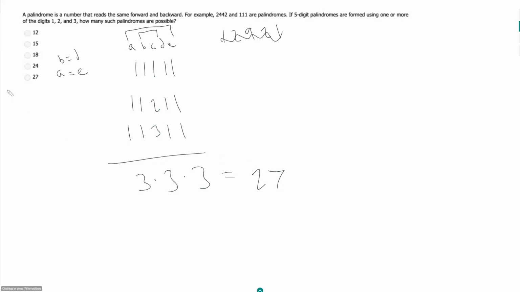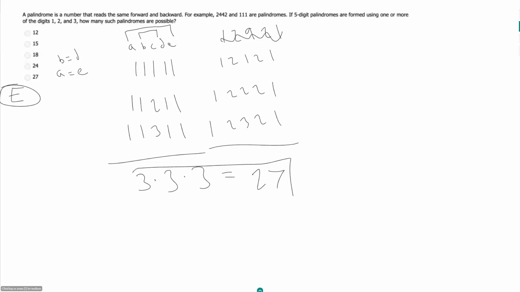You probably couldn't write out all 27 possibilities. If you started going 1, 2, 1, 2, 1, and 1, 2, 2, 2, 1, and 1, 2, 3, and so on, eventually, hopefully, you would reach something along the lines of this conclusion before writing them all out. Maybe you can get to 12 and see that you're not even close, and then eliminate 12 and 15 and choose from one of these. I don't know, but I would say the real way is just to think about it a bit and get